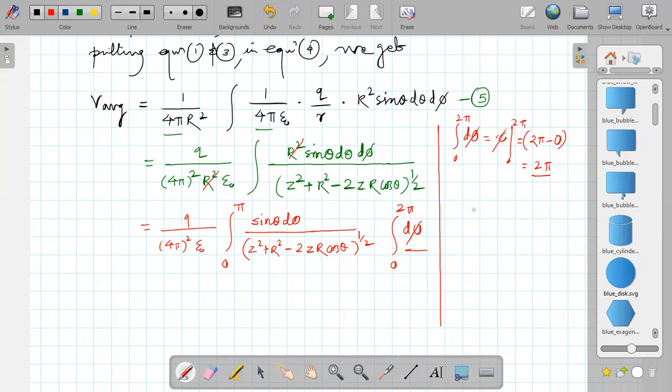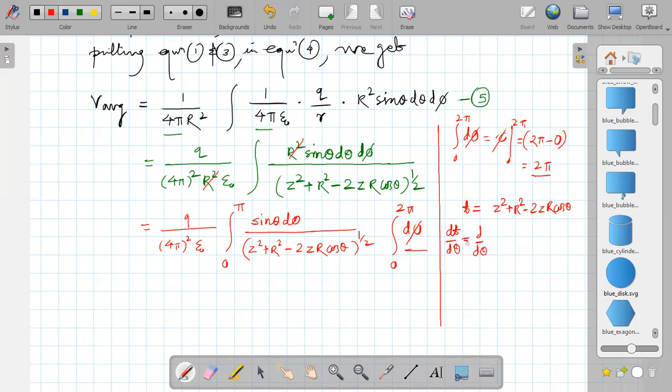Therefore, here we will assume small t is equal to z square plus r square minus 2zr cos theta. Okay, and therefore taking derivative with respect to theta, that is dt by d theta equal to